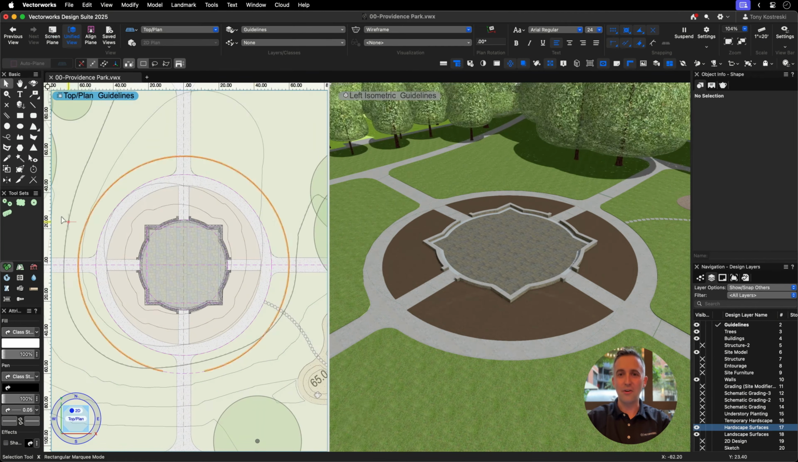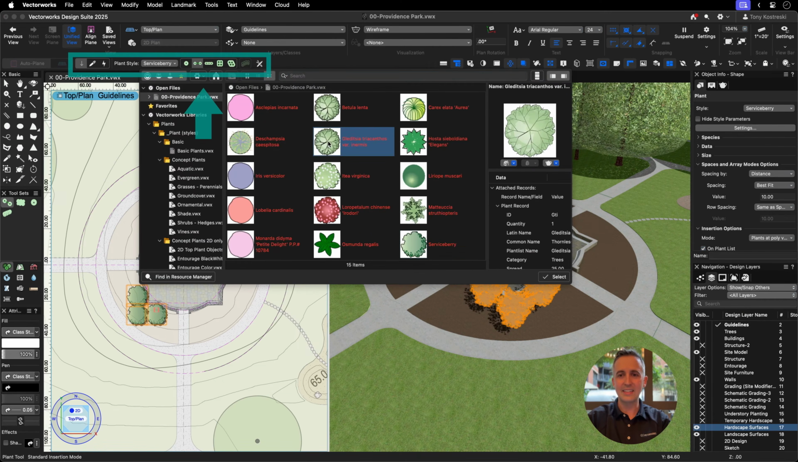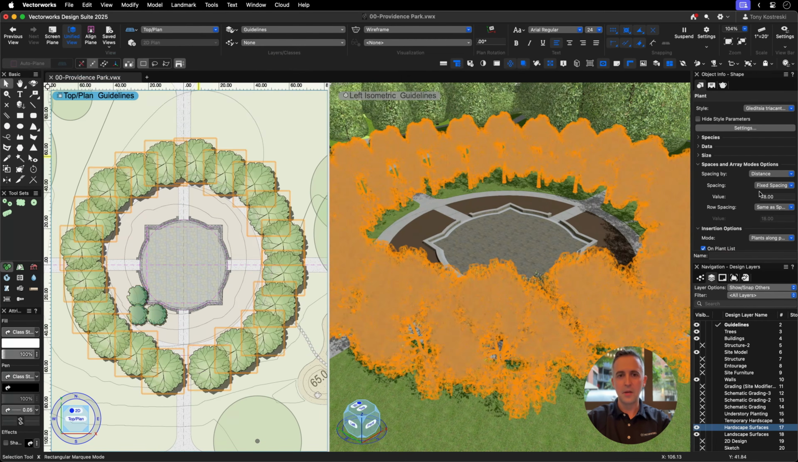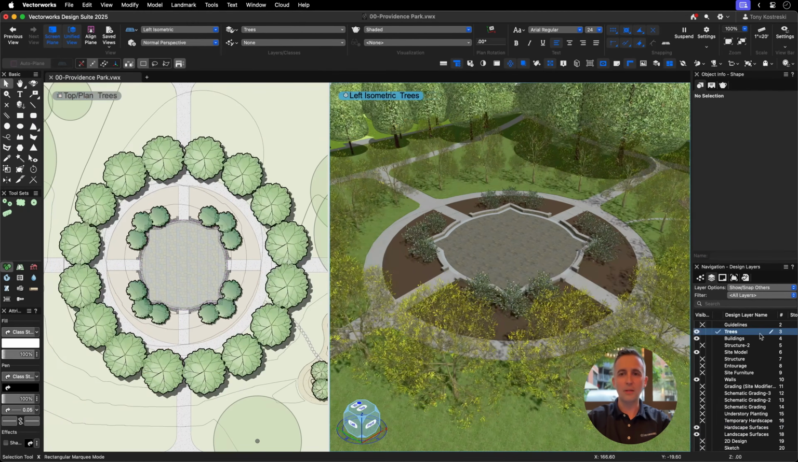Planting design is also great. You can add plants to your model using a variety of different placement modes, and they will automatically land on the surface of a site model. Parametric values for spread, height, and spacing can all be controlled through the Object Info palette or through the style